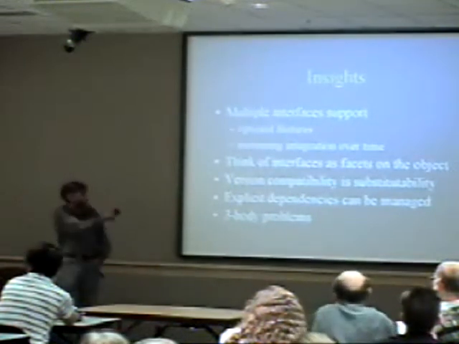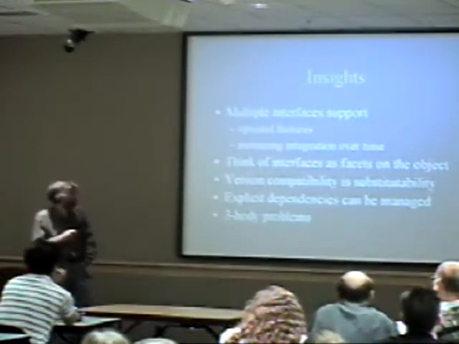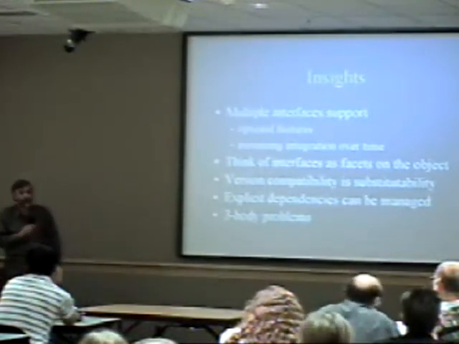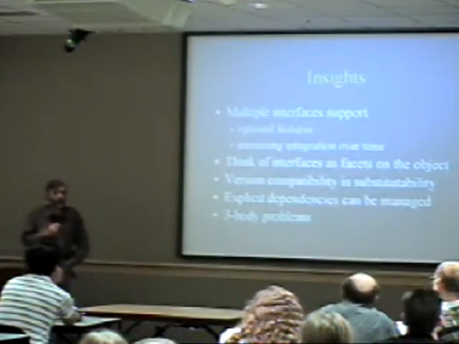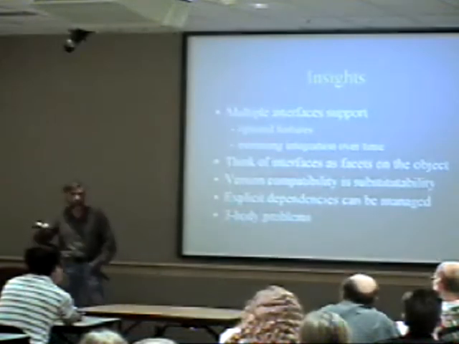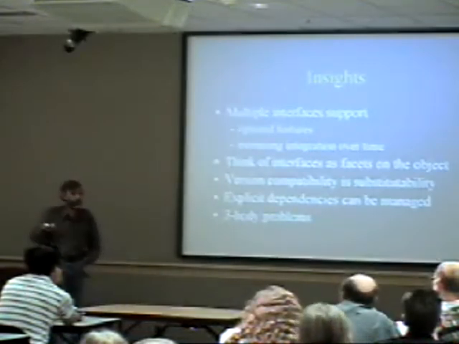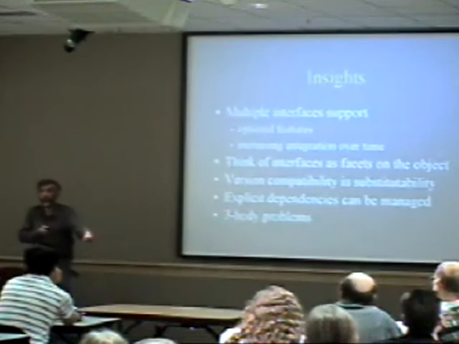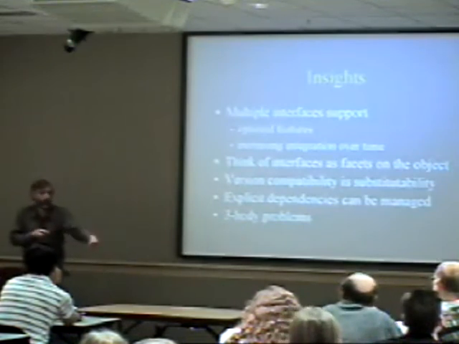By the way, that three-body problem is also a classic proof that the version checking in systems like CORBA is unsound, because they do version checking either at load time or bind time or something to the object. And when you pass it off to the third party, there's no version checking done by the system, and so he can break.